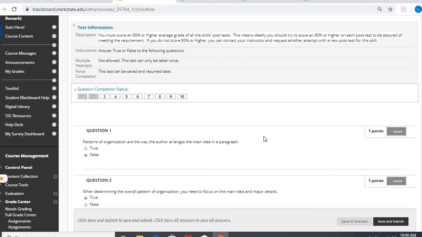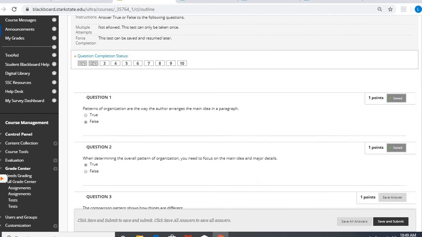Question 1. Patterns of organization are the way the author arranges the main idea in a paragraph. Well, that is false. The main idea can certainly help you figure out the potential pattern, but patterns are the way that the details are organized. So you look at your main idea, and then how are those details supporting the main idea? Are they using cause and effect to support the main idea? Are they using compare contrast to support the main idea? So the way this question is worded, it is false,